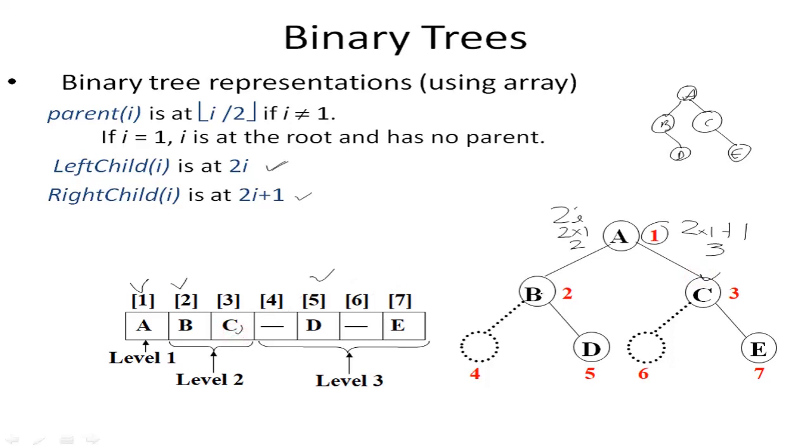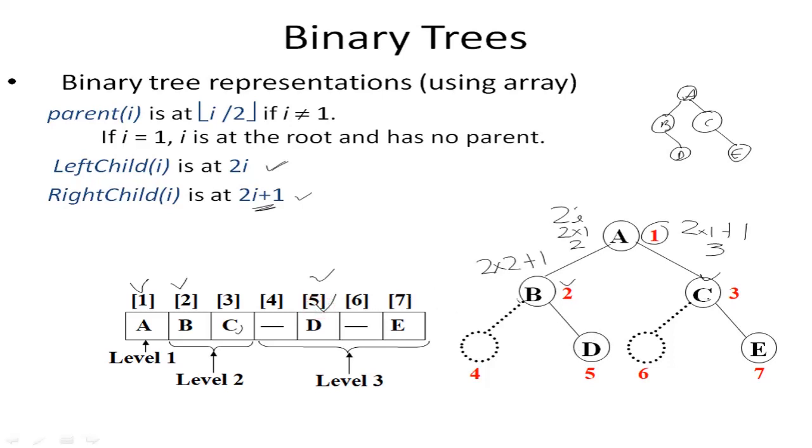Next, you observe for B. Now with respect to B, there is no left node, but there is a right node. So for right node, what is the formula? It is 2i plus 1. So 2 into i is nothing but this particular number, 2 into 2 plus 1, which is nothing but 4 plus 1, which is 5. So this should be saved at location 5. So I just save it over here.